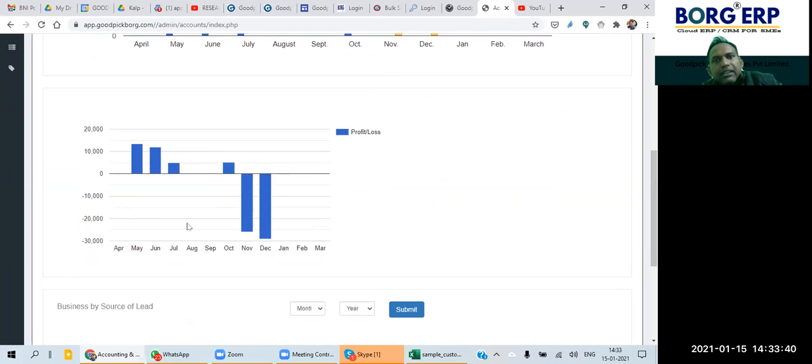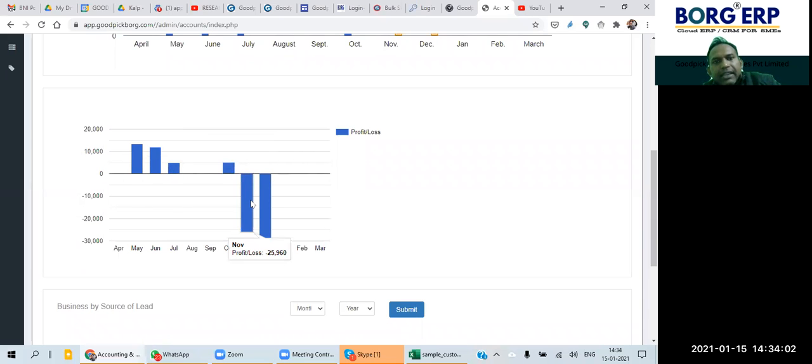This is the profit and loss of the company, which means all sales turnover minus purchase, expenses, and salary. Then it shows the net profit of the company. If this graph is above the line, it means the company is in profit.